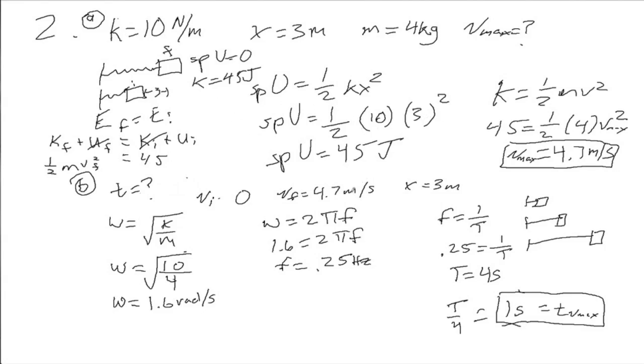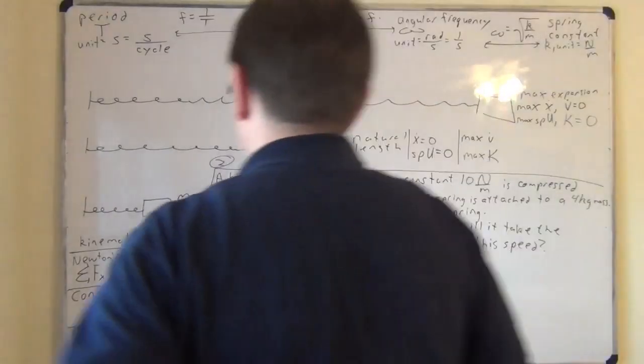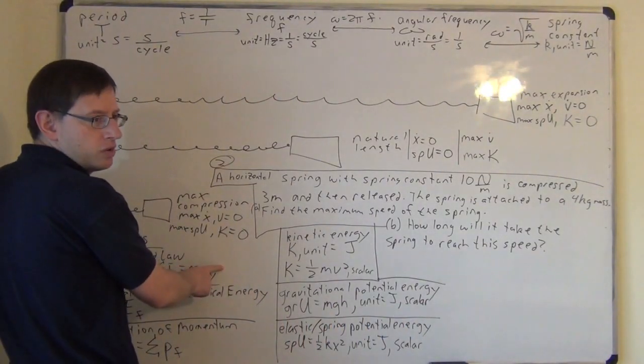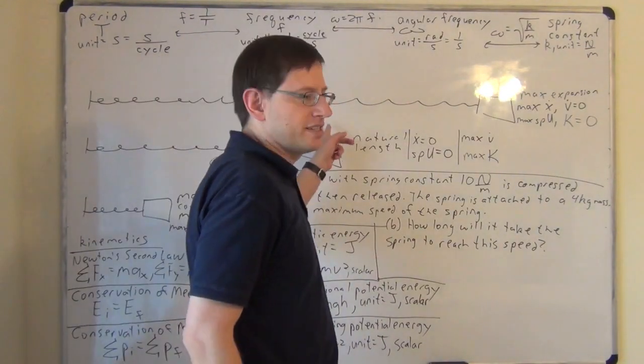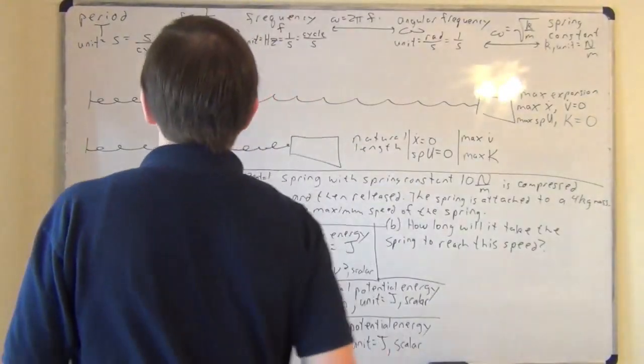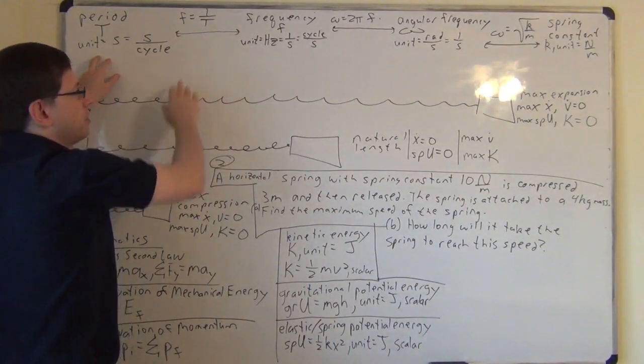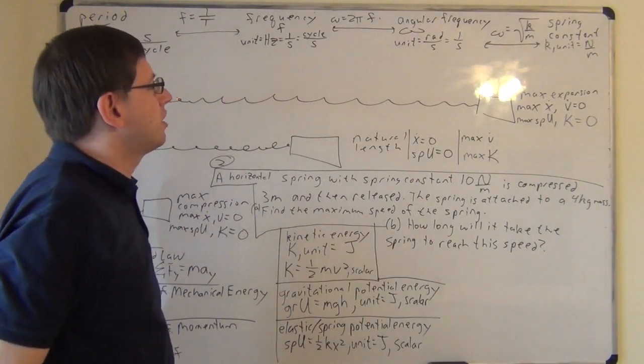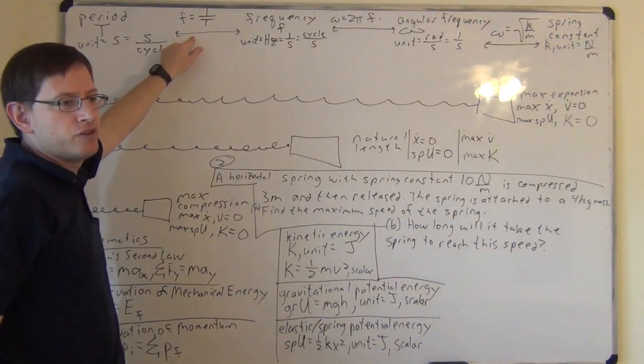The second part gave us a little trouble, so that would be a good part to highlight, because that's something you might see on the test. Definitely. Okay, so as we were reviewing here, for horizontal spring oscillations, Newton's second law and kinematics are not too helpful because the force is constantly changing and the acceleration is constantly changing. But here's where it's helpful to have gone over this flowchart that we talked about earlier. The tricky thing here is that I didn't give you any clues that you had to shift over to this,